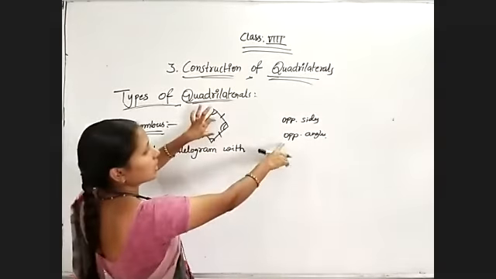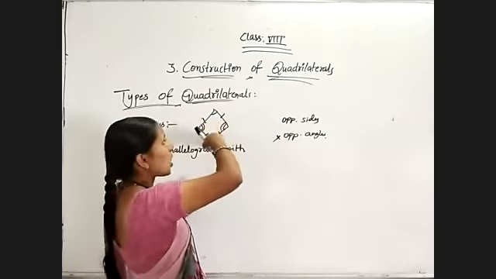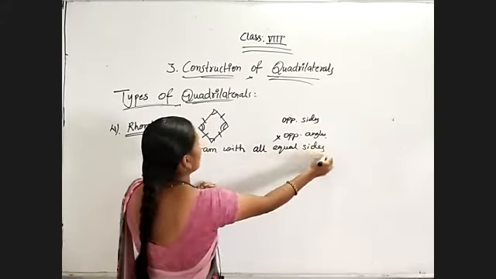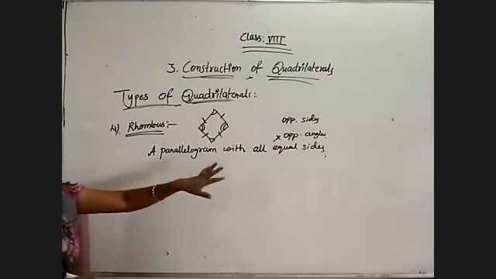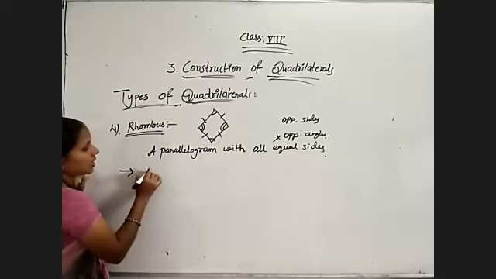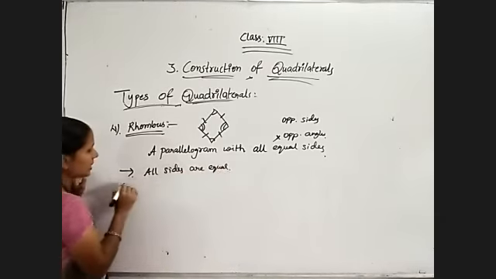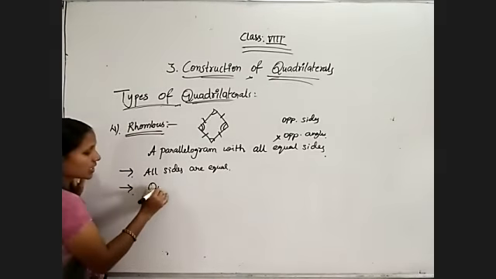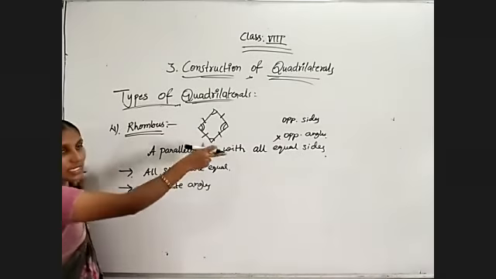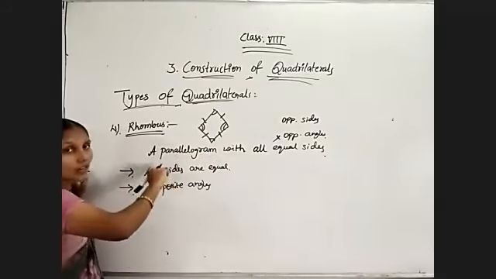Which one do we need to mention? Opposite angles equal is the same property for a parallelogram and a rhombus. What about opposite sides? But here all sides are equal. That's all. So what is the definition? A parallelogram with all equal sides is a rhombus. So it has all sides equal. And the second condition, angles: opposite angles are equal. So what is the equal property? I am not highlighting that. What is the difference between those two shapes? That one I am highlighting. A parallelogram with all equal sides, I am telling.